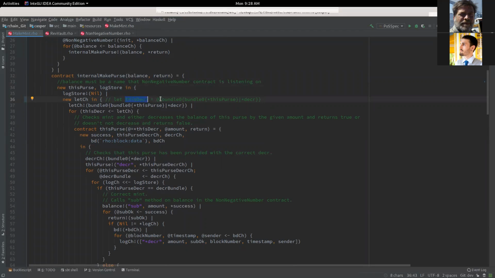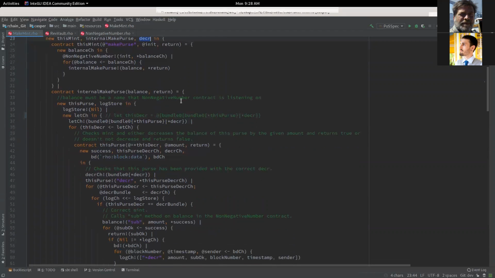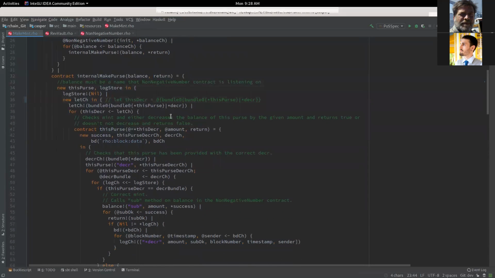It corresponds to this crazy bundle with a bundle inside of it, and that internal bundle has the name of this contract, and it also has the name of this decrease function that we created up here. And then we read that name exactly as is.